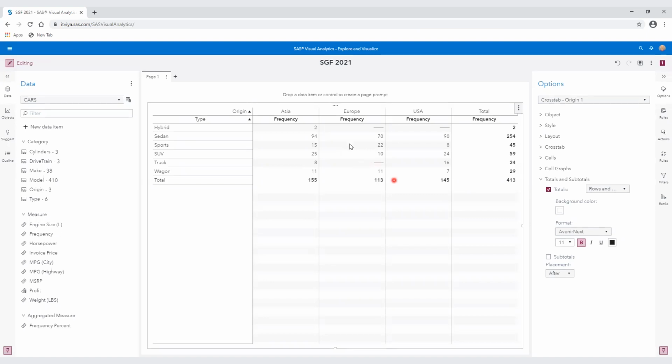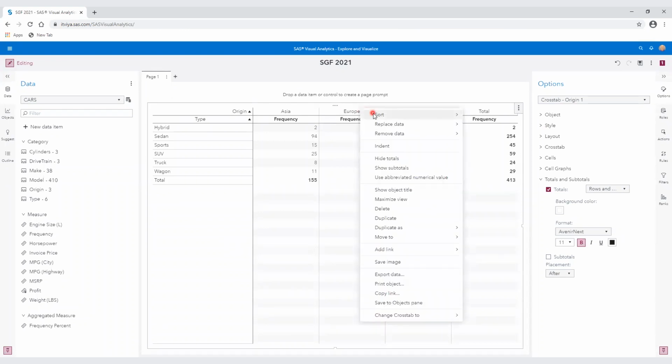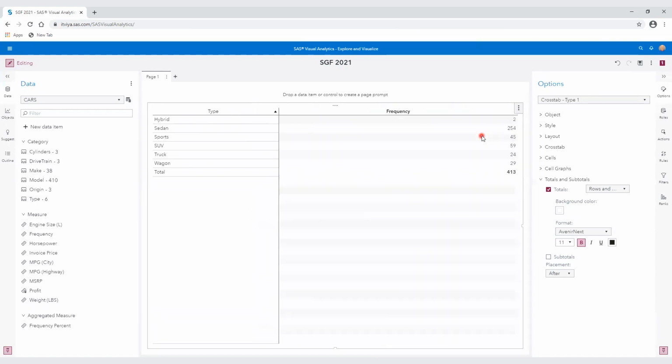Okay, so I've got this crosstab here with the origin across the top, and I'm actually going to just remove that. And I'm going to approach this in a different way. So I'm going to remove the origin there. Okay. And instead, I'm going to go and add make here.